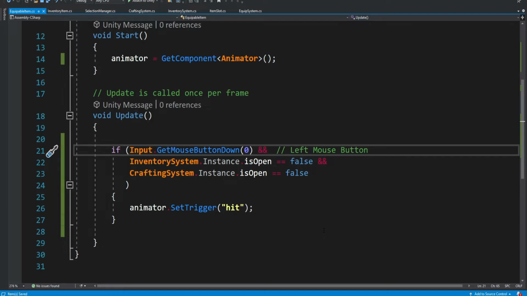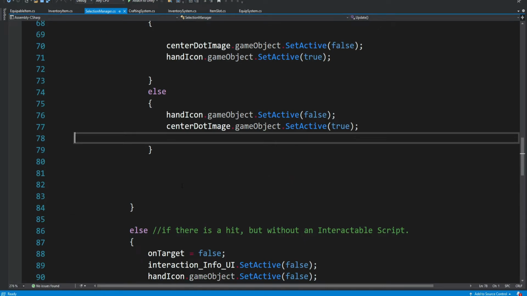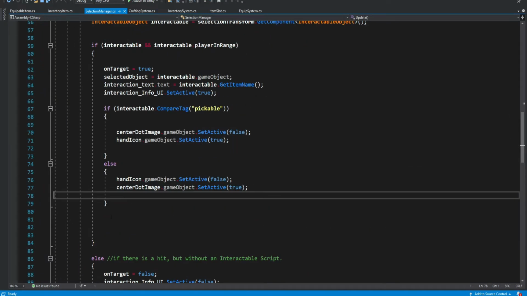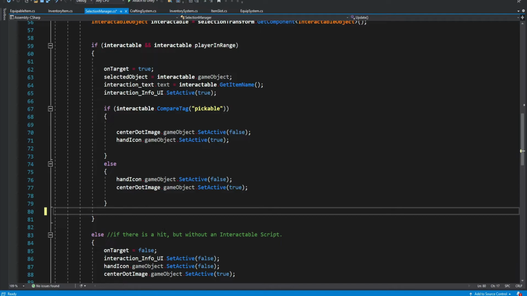Now, to be able to disable the swing of the axe when we pick up items, we will go into our selection manager. So we did not visit this script for a long time.